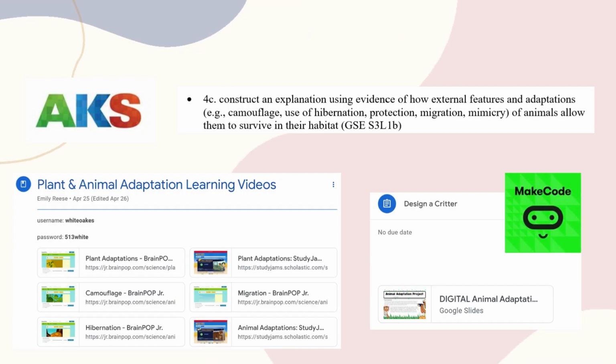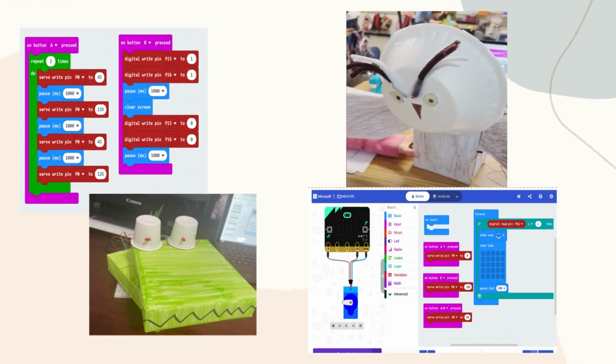Creativity. Working in collaborative groups, students chose and researched an animal in a Georgia habitat and wrote a report detailing the adaptations that their animal had that allowed it to thrive in the habitat. This aligned with Gwinnett County Public Schools Science AKS 4C. Students used MakeCode and microbits to include one input and one output function for their animal adaptation robotic pet. By creating their own MakeCode project and viewing other groups' projects, students were able to make important connections between the